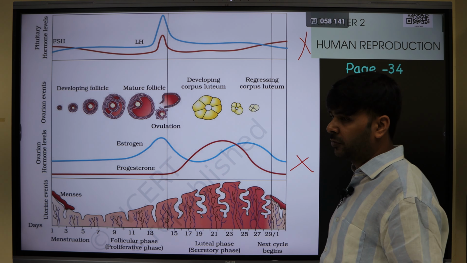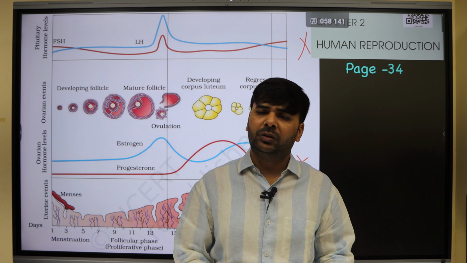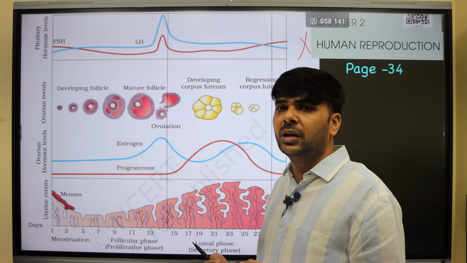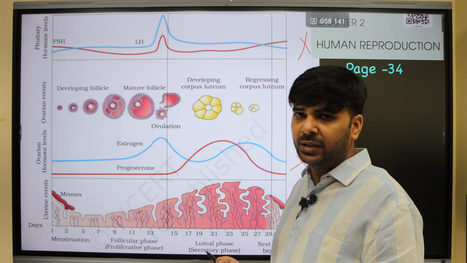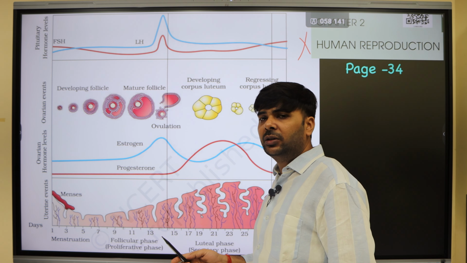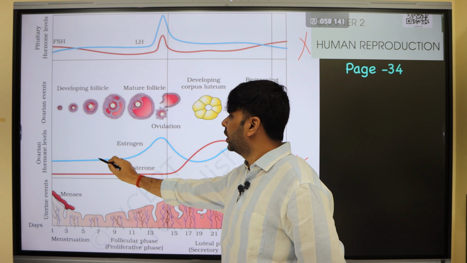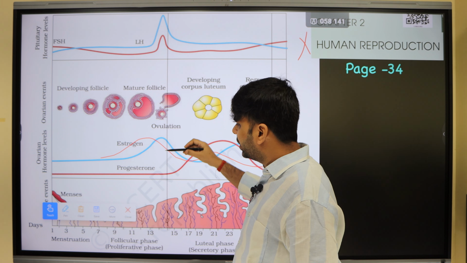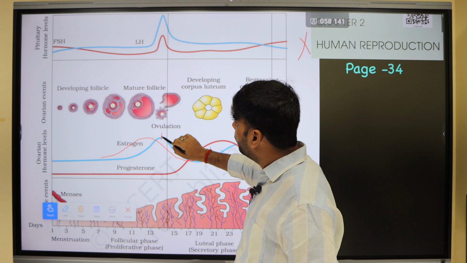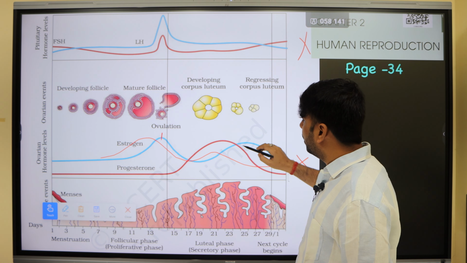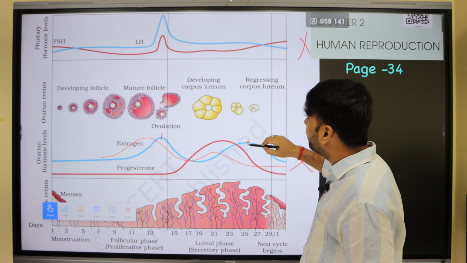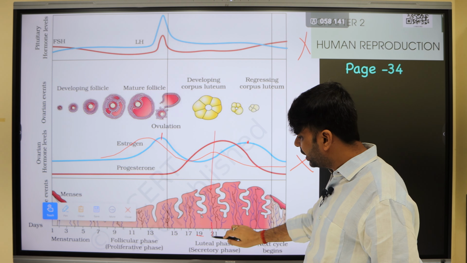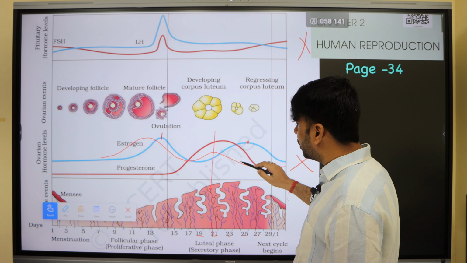Now coming to this graph, the menstrual cycle hormonal graph. Here so many errors are there. I'm not going to discuss each and every point, but the major errors that NCERT people can rectify are related to the estrogen graph. Estrogen gains a peak here and then a second, smaller peak here. But what is shown is the blue one, the top peak on the 14th day, and again a similar concentration peak towards the 23rd, 25th and 27th day. No, this peak is around the 19th, 21st days in between.